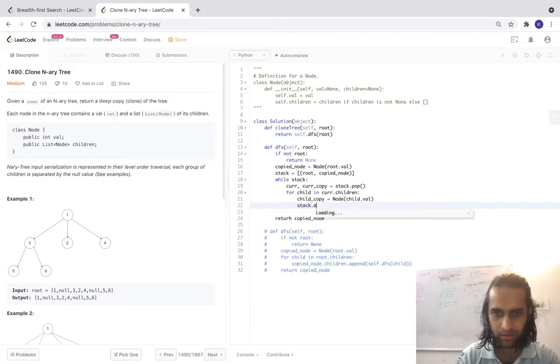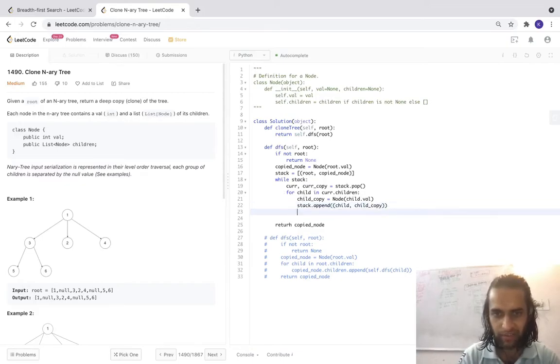So I need to push child and child_copy, because I need to work on these guys. But this child copy I also have to add to my current node's copy, so cur_copy.children.append(child_copy), similar to the recursive DFS.